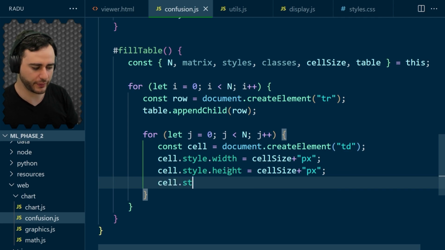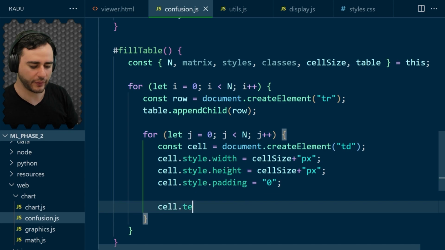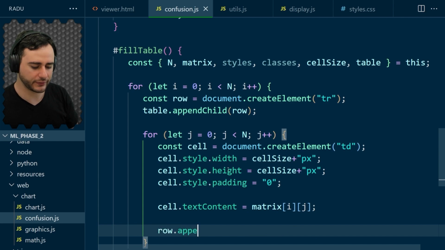And let's remove the padding also. And now I'm going to add the text of this cell to be the value of the matrix at i and j. Simple as that. We just have to add the cell to the row now, and we can save,